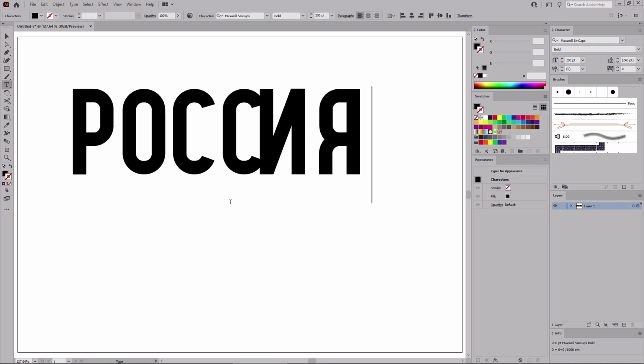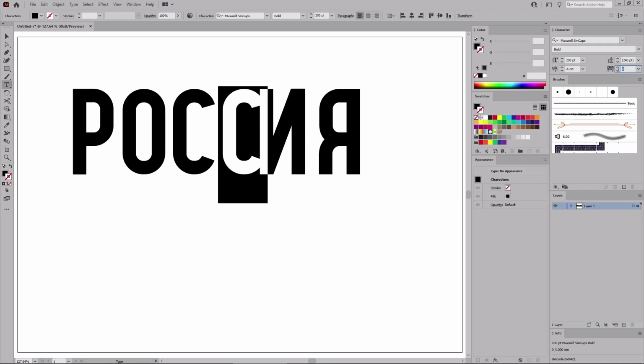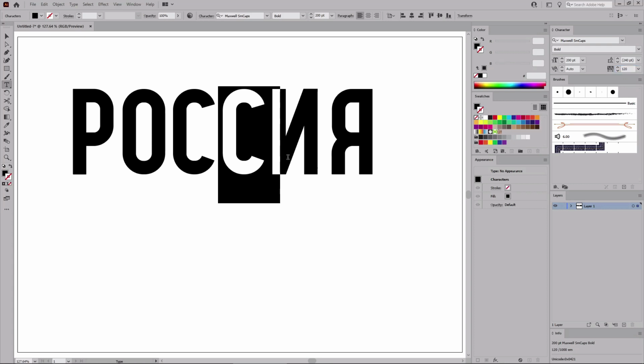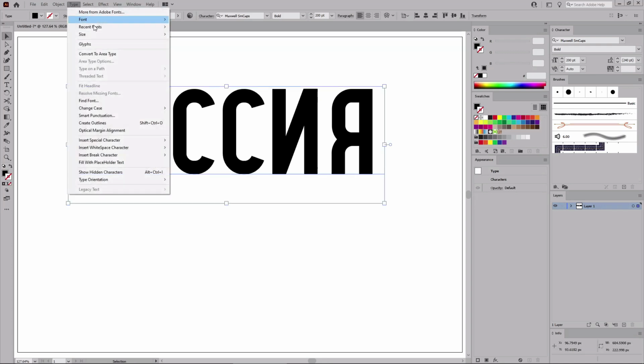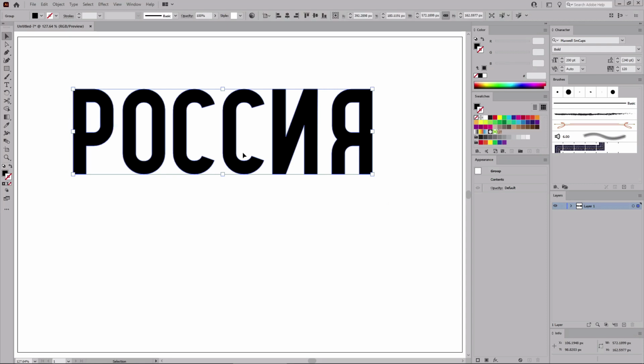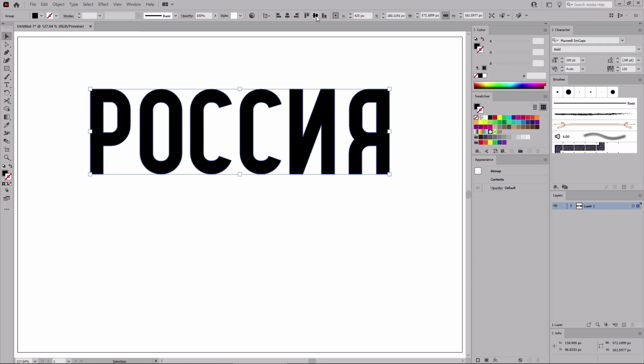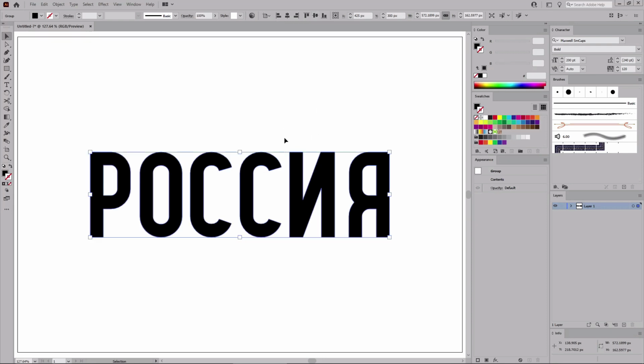using the Cyrillic alphabet. Let's select just this character and increase the tracking to 120, which will adjust the spacing between these two characters. Switch to the Move tool and then go to Type and Create Outlines, which will turn your text into vector shapes. Now move to the Control panel and make sure that the alignment is set to artboard, and then click these two buttons to easily move your text to the center of the artboard.